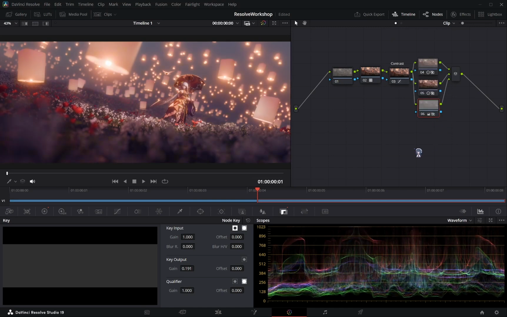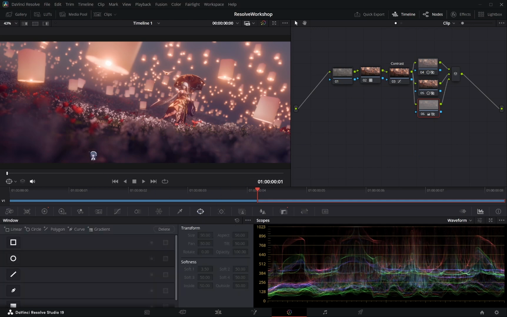Now let me introduce masks. Masks basically allow you to manipulate a certain selected area of an image, and it's a very commonly used tool in color grading because sometimes you don't want to affect the whole image. For example,